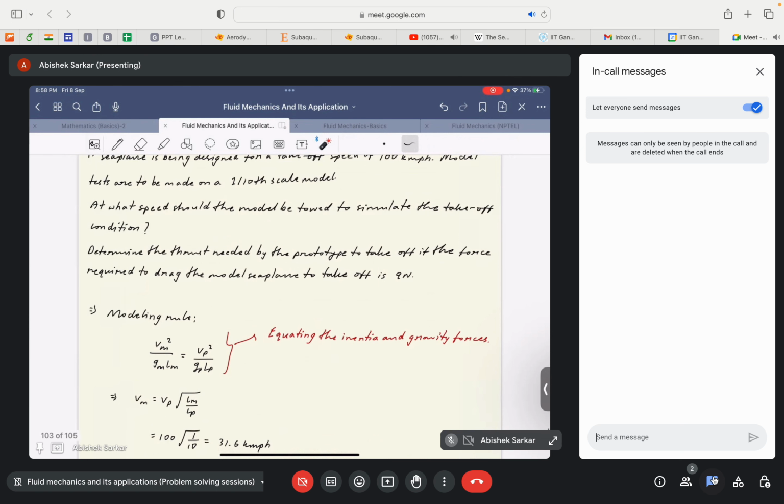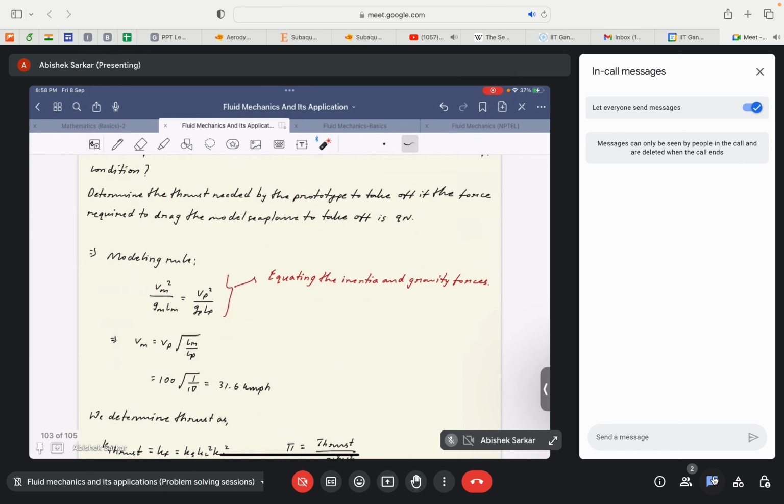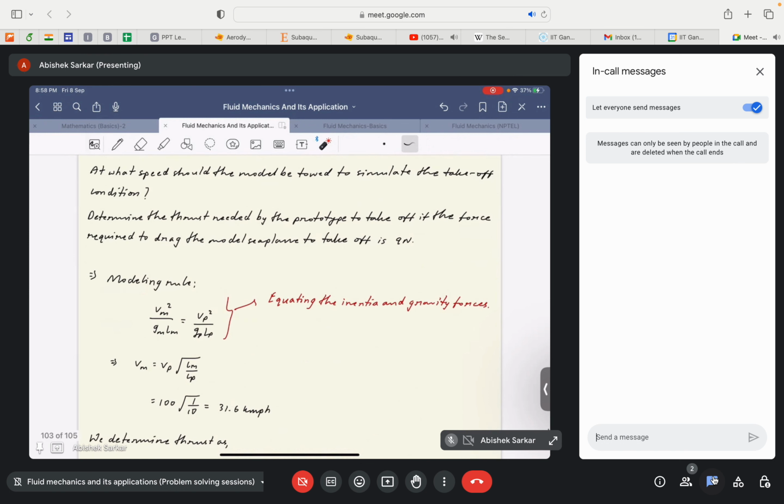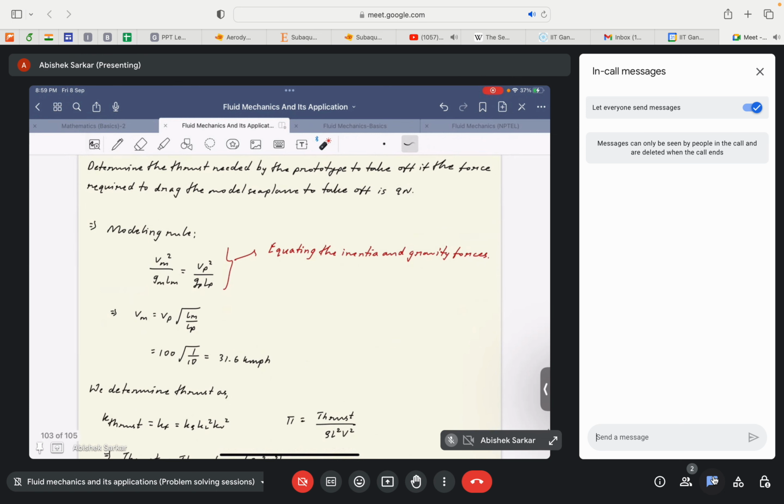So you can see here that since the problem tells us that it is taking off and it has to move against the gravitational forces, it's actually the balance between the inertia and the gravitational force that would ideally give us the right modeling rule. So if we equate the inertia force and the gravitational forces with the respective scale factors, we will end up with this modeling rule, which is essentially a square of the